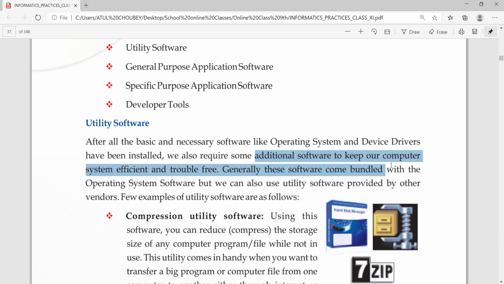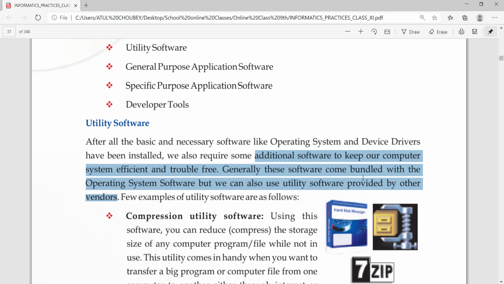Generally, these software come bundled with the computer operating system, but we can also use utility software provided by other vendors. So you will note down only these highlighted texts. What you will write? You will write utility software to keep our computer system efficient and trouble free.